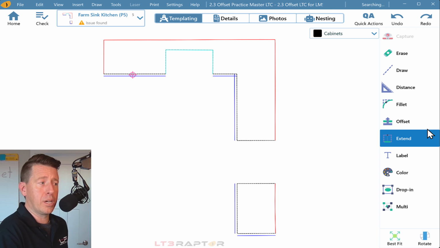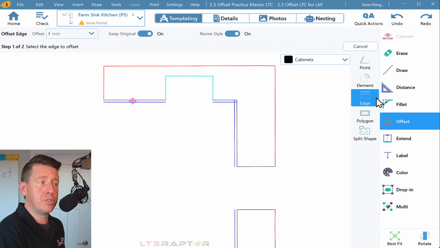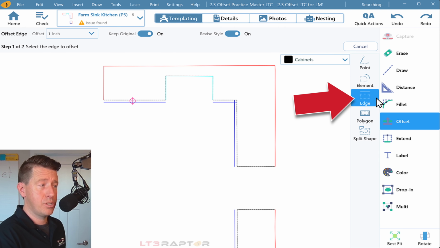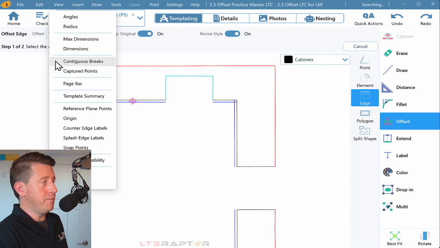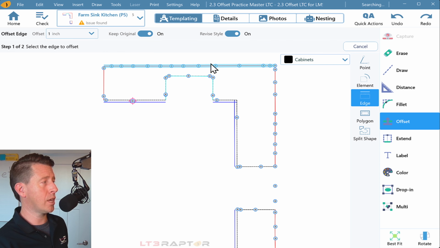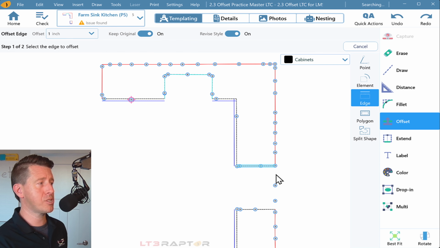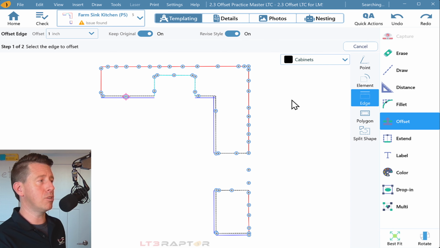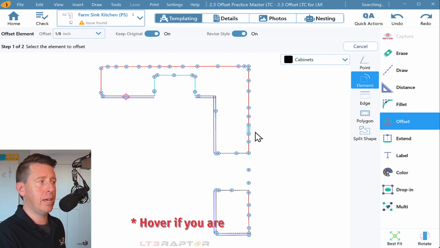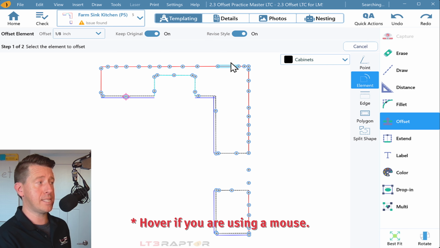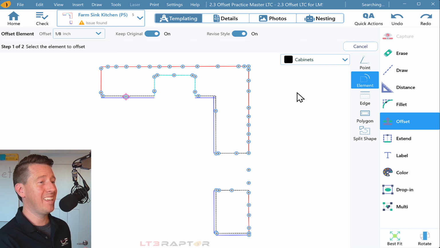Just like before, we'll click on offset, except now we'll go down to offset edge. Just to keep this very visible for a second, I'm going to come up to View, and let's turn on our captured points. These are the actual points that the laser captured. So we can see the group of line segments all working as one edge. I'm going to go back to Element, and now each individual line segment is getting highlighted. In Edge,